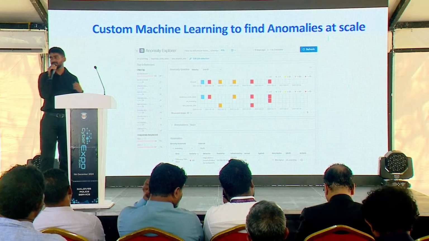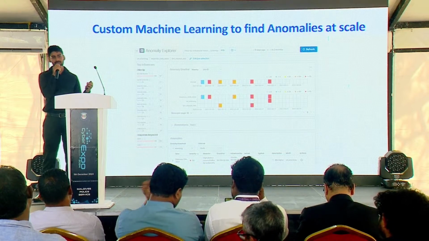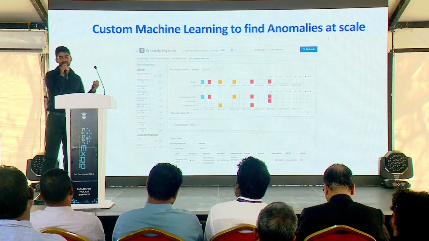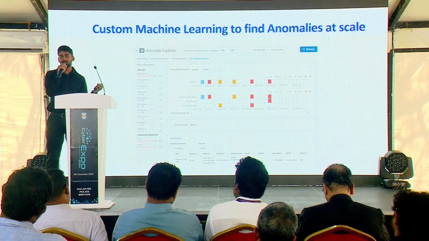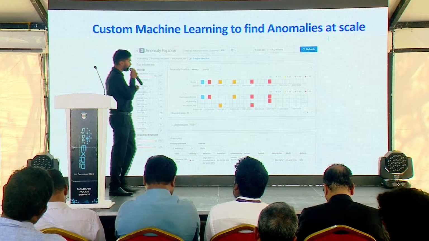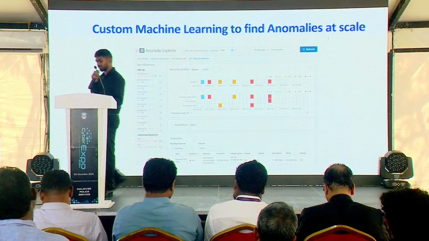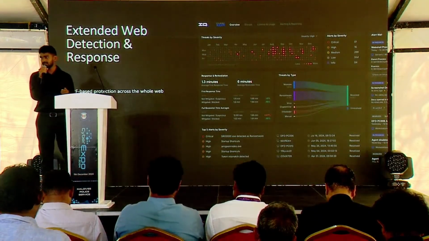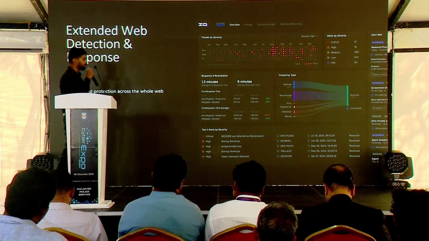So you might have certain user entity behavior analytics where you know this is a user who is not supposed to behave in a certain way. Like at night, if they're connecting in a different pattern using software they are not intended to, or going to a URL they're not supposed to, we can show the anomalies using machine learning, that these are specific anomalies, and we can even send them to whatever SOC platform you have, whether it is Splunk, Sentinel, or whichever. And we are also developing our own proprietary stuff.